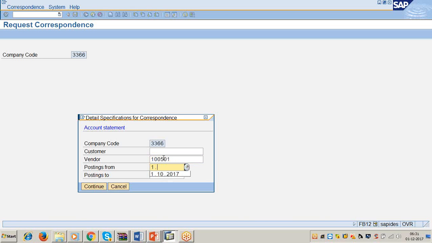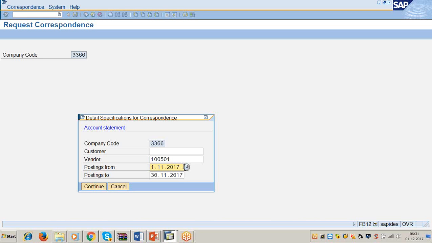Postings from 1/11/2017 to 30/11/2017. Here you can enter the period for which you want the system to print the account statement. I want the account statement to be printed for the month of November.